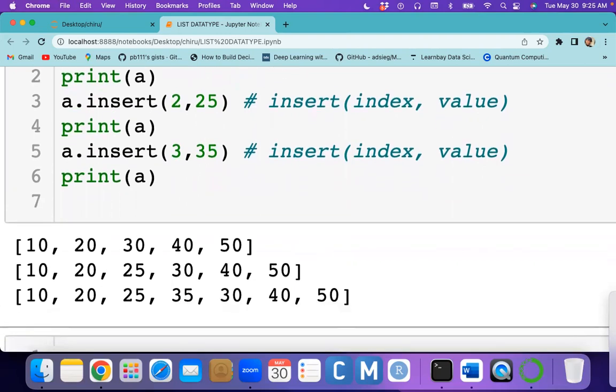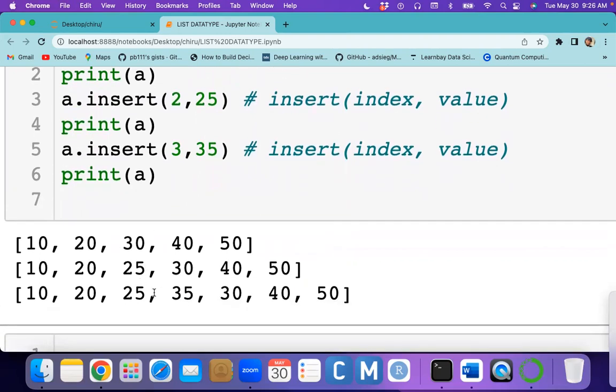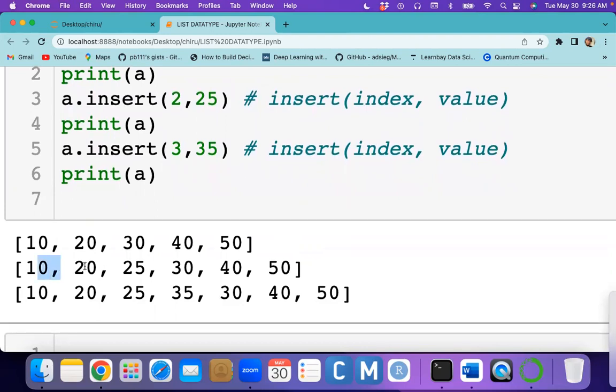Let's see. This is 0, this is 1, this is 2, this is 3. In the position of 3, you added the 35, but I want it in the position of 4, right? So that this is correct. Yeah. So this is 0, this is 1, this is 2, this is 3, and this is 4, and this is 5. In the position of 4,